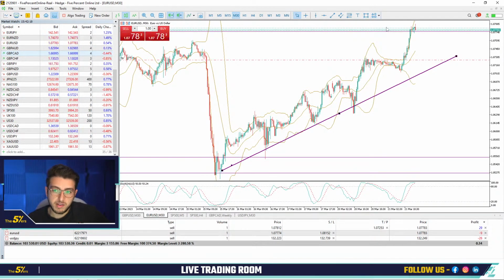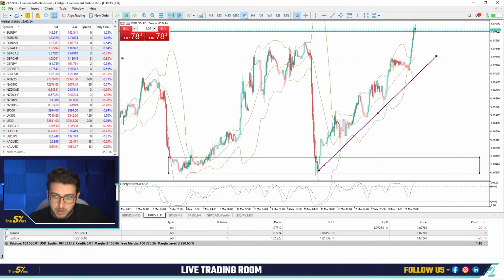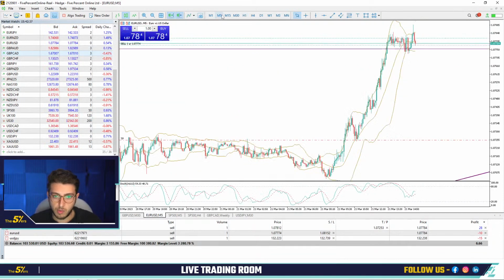And then I will basically move the stop loss to break even and try to see if the market can break this trend and go back to the middle, maybe here. What is clear is that there is a clear uptrend, so I need to be careful and take the profit. As soon as I can take the profit here, I will take it.